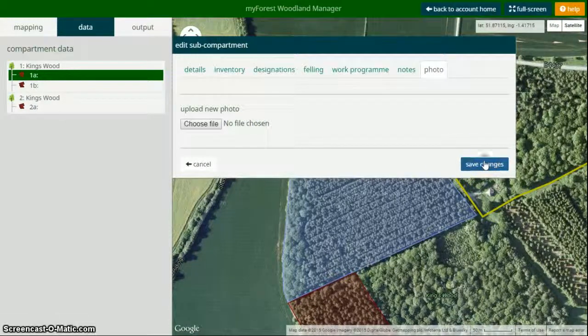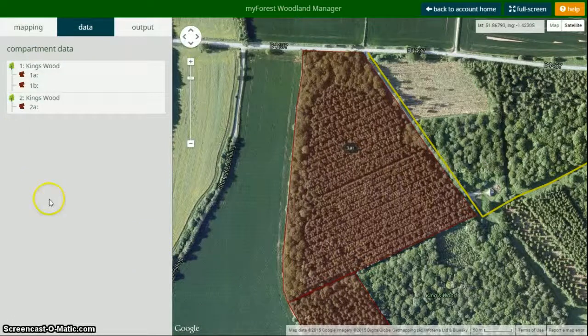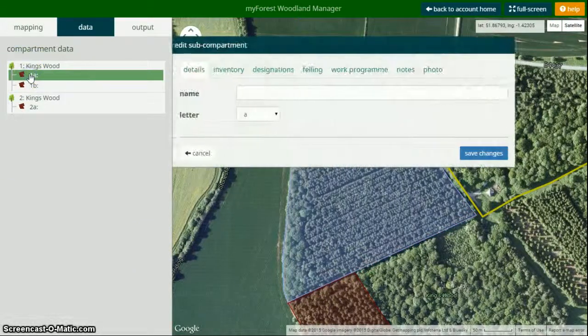So if you've been through this, you can save the changes, and at any point you can go back and make alterations. So you can fill out some of the information and go back and fill out more at a different time. Your information is safely stored